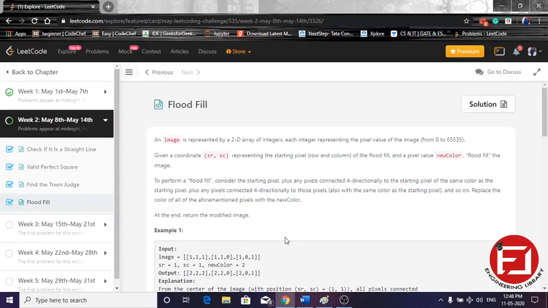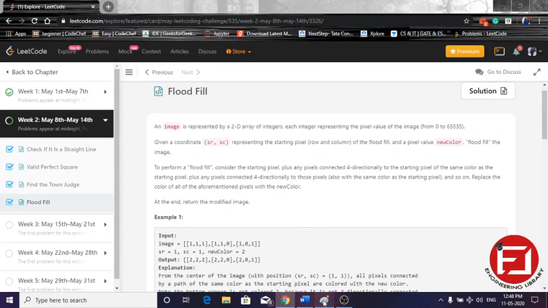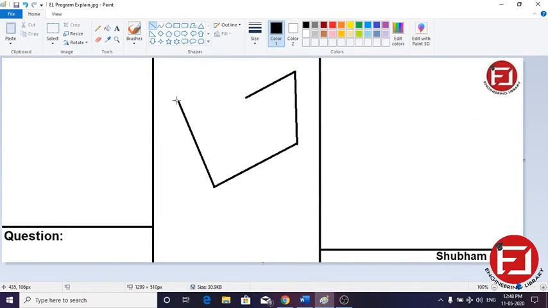So basically it is like a graph coloring problem, something similar to that. Suppose this is a graph. If we need to color these points, just as an example, then how many minimal number of colors are required? So in graph coloring we already know that we can't color adjacent nodes with the same color.